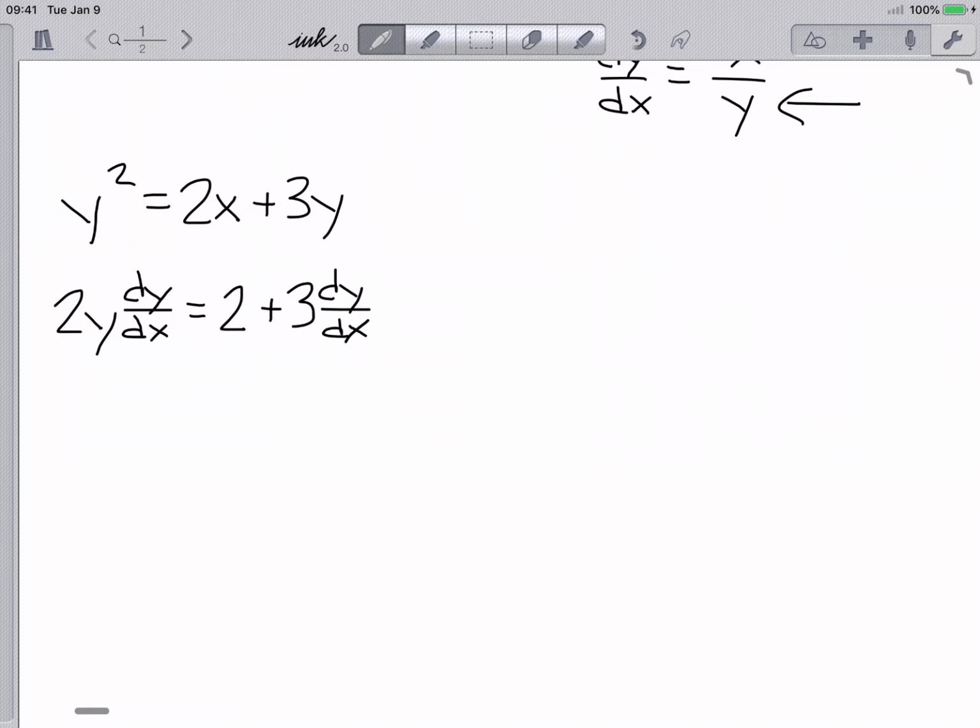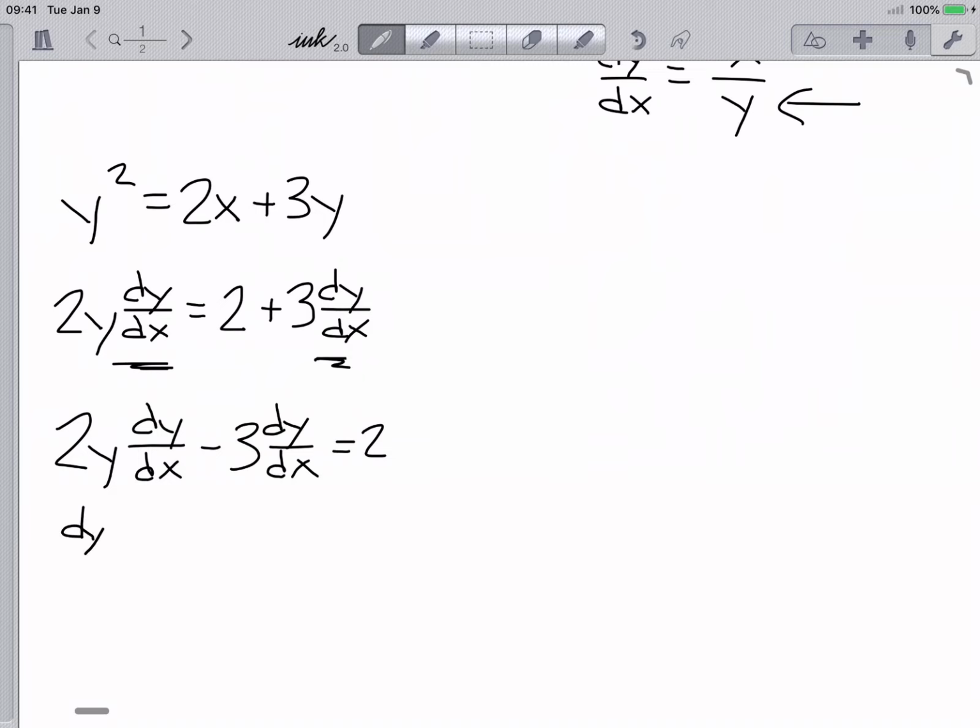Now, this is just like algebra. I've got my variable on both sides. I want to get the dy/dx on the same side. So I'm going to subtract 3 dy/dx from both sides. So I've got 2y dy/dx minus 3 dy/dx equals 2. Now, since both of these terms on the left side have dy/dx in them, I'm going to